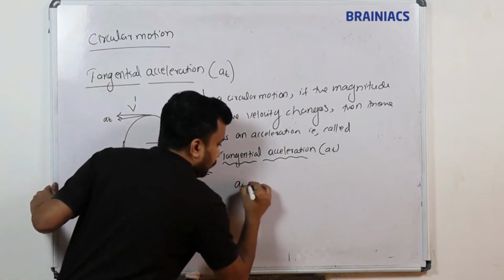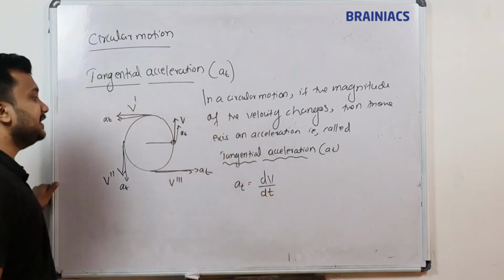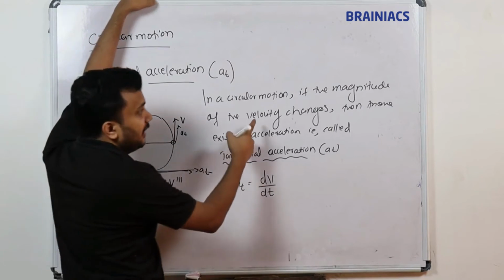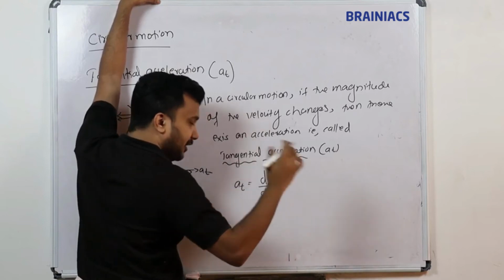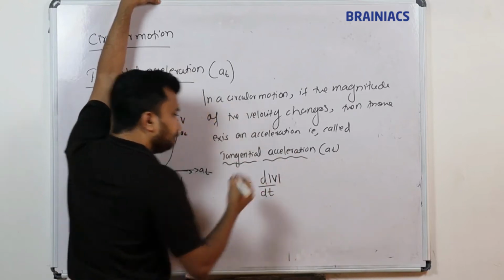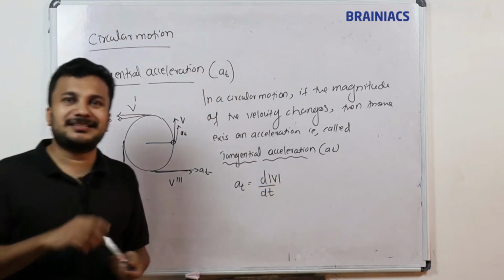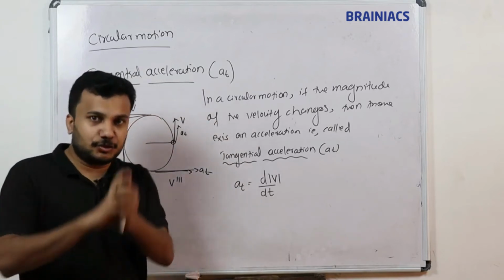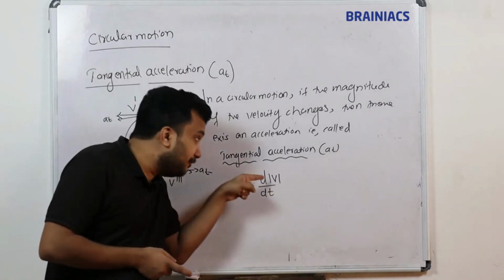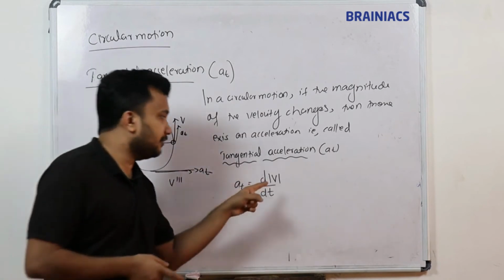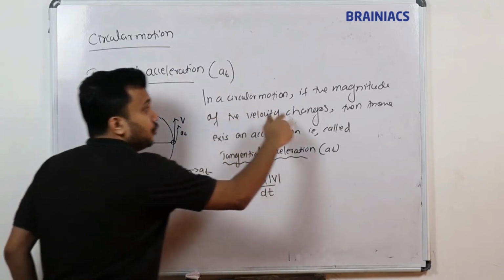AT is equal to dv divided by dt. Here we are taking circular motion, where the magnitude of the velocity changes. To represent the magnitude, I am not taking direction, I am placing mod v. This modulus sign we cannot place everywhere, wherever we want. It has some demands, and based on those demands only we do this. Here, dv by dt for v alone, listen to the notation very carefully. For v alone, I have placed the magnitude sign because the magnitude changes.